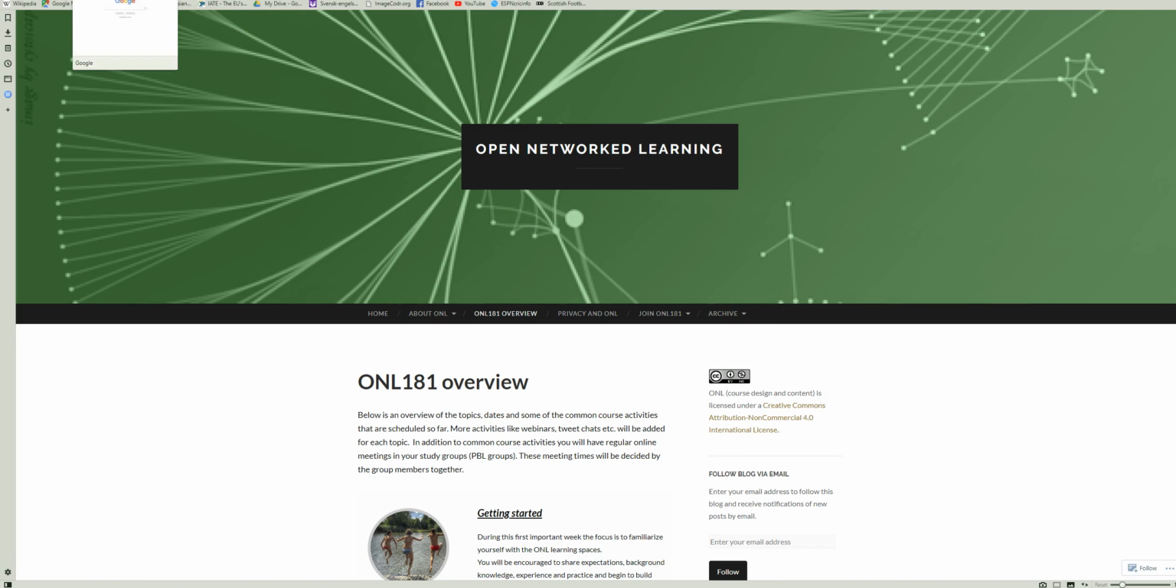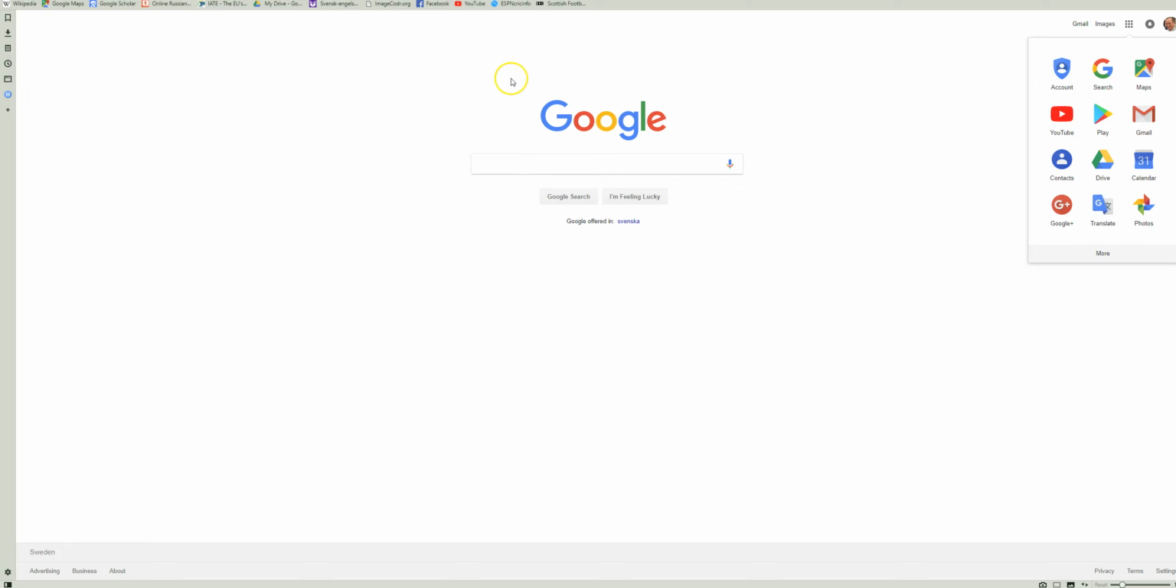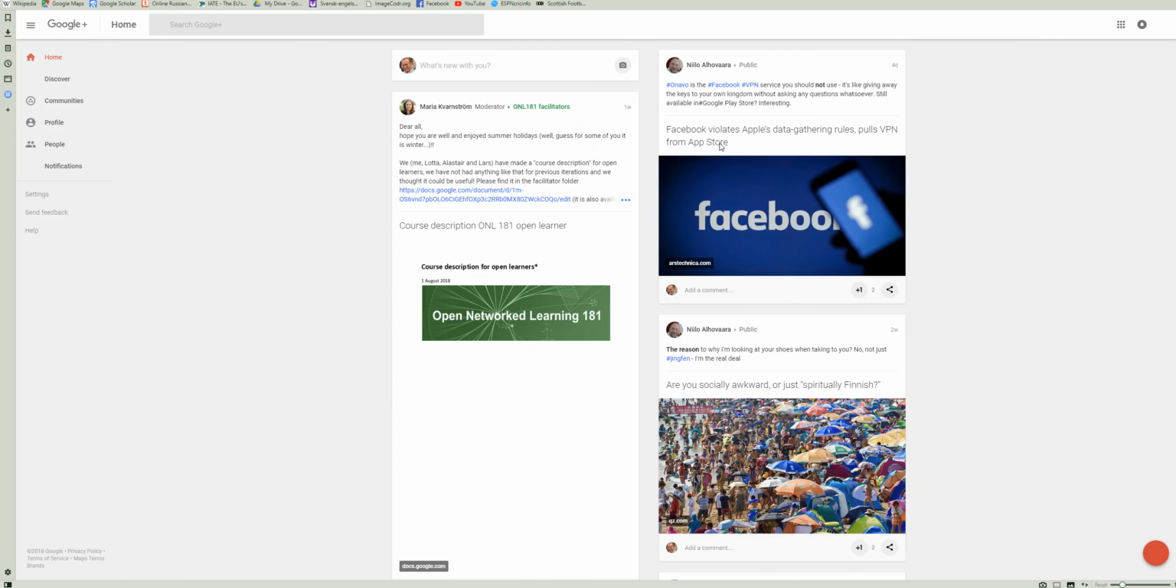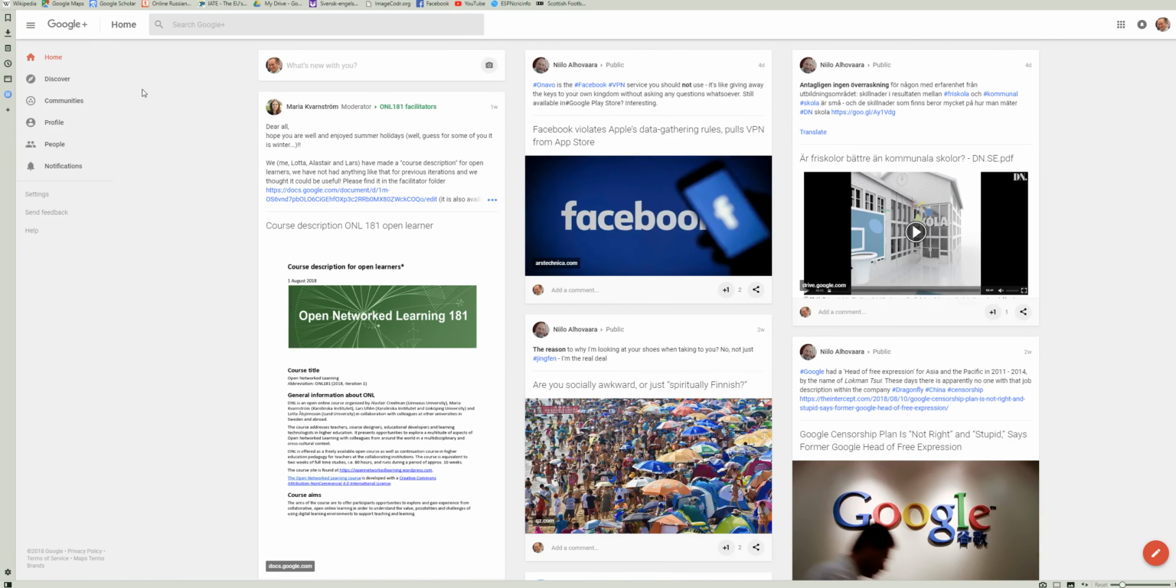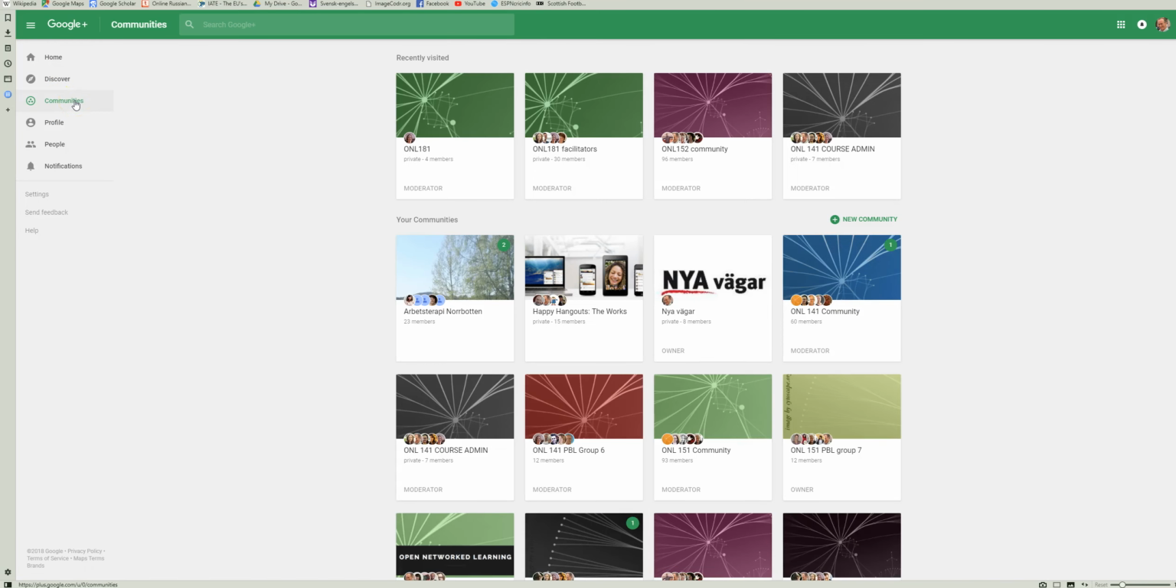You can also find Google Plus if you log into Google. If you just go to your main Google search page and you click up here on this icon, as long as you've logged in first, there's me. Click on these dots here and you get the various Google services. Here's Google Plus, you click there, and assuming you're logged into Google, you will come to your home page on Google Plus with posts from friends and so on. However, we are interested only in communities, and here is our ONL181 community,